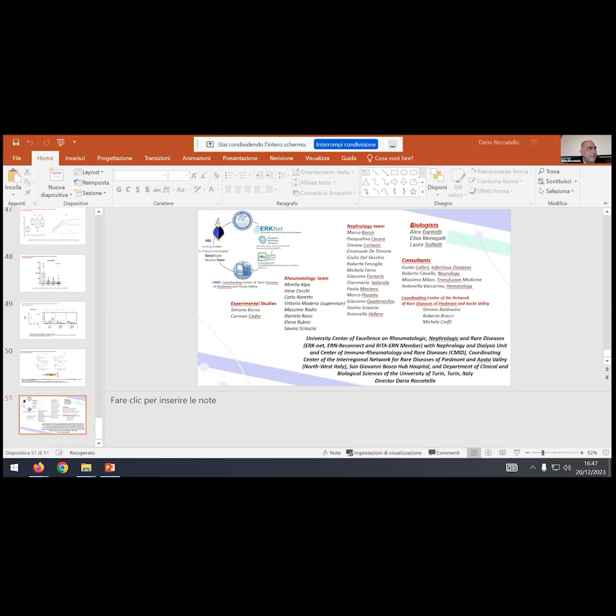In our mind, daratumumab and in general the anti-CD38 approach should be regarded presently, maybe in the future it can be changed, but presently should be regarded as a second step after resistance to B-cell depletion therapy. I mean,